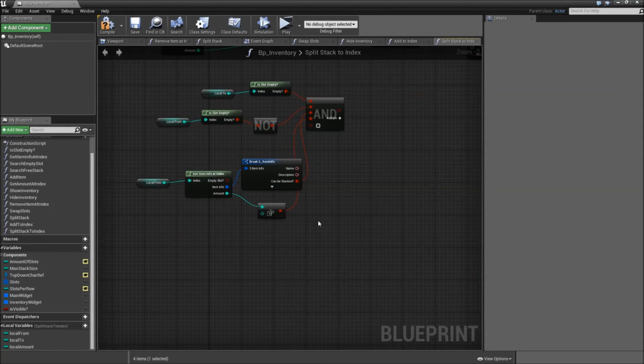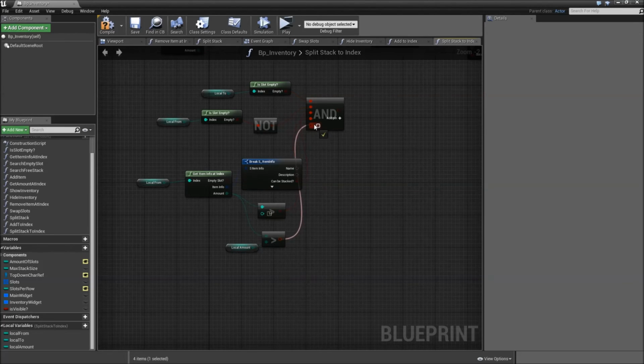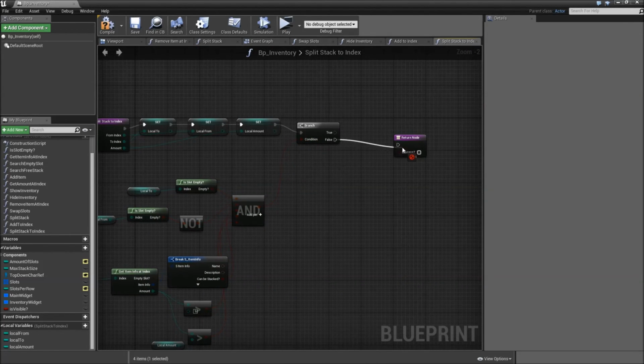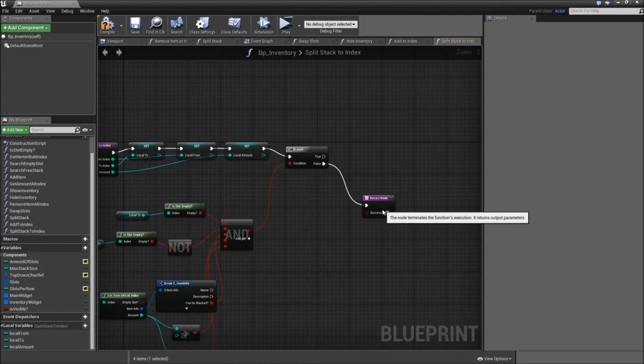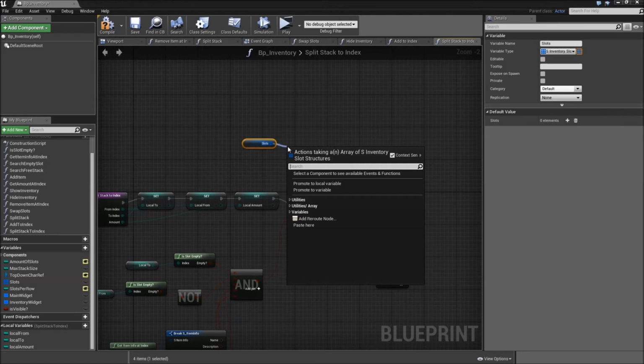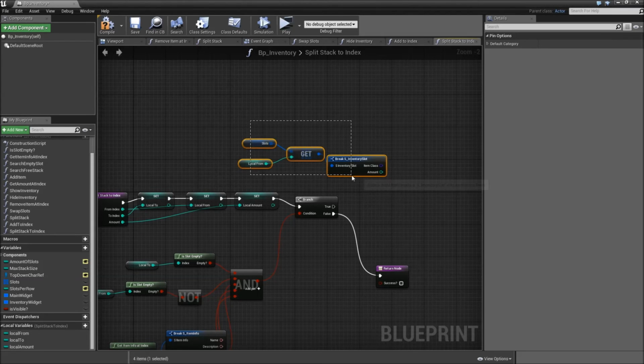And the last thing we want to check is that our amount at our slot is greater than the amount we want to split. Connect that to the end, connect the end to the condition. If it's false, go to the return node, return false. If it isn't, we can grab our slots array and get from it at the from index, break that, and